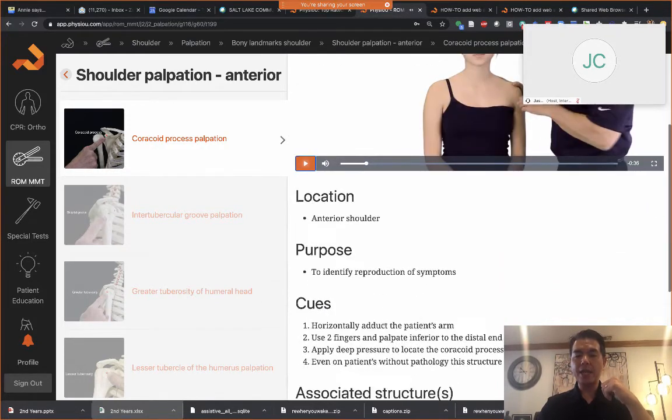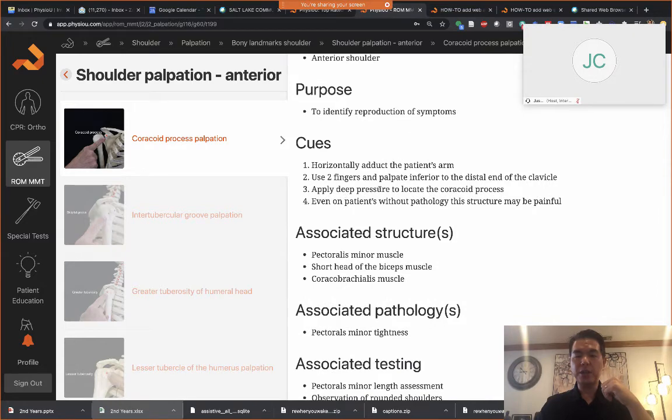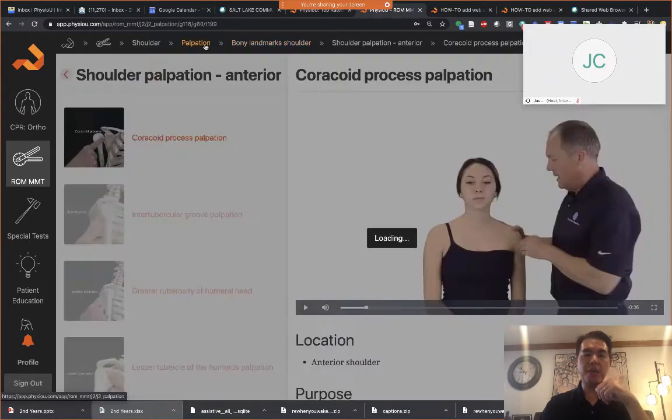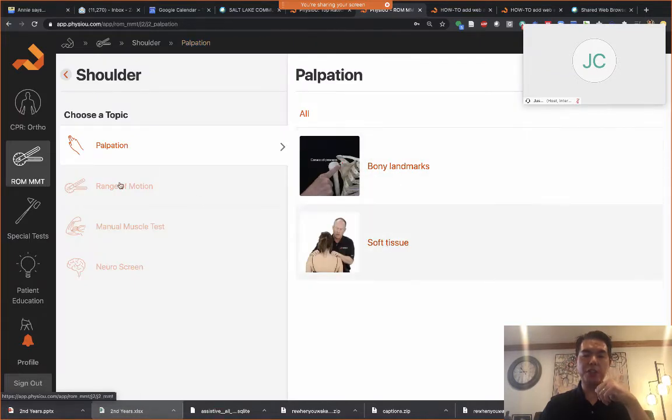Okay, and cues for how to do it, what kind of structures might be related, and some common pathologies or kind of conditions that you might be looking for, and how that might play out when you observe patients. So not only are we trying to become the helper of your development of skills, we're trying to help you tease in the clinical reasoning. Why would you look for this? Why would it be beneficial to the patient? So here are your landmarks for bony and soft tissue.